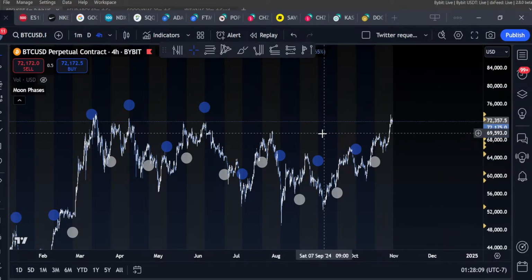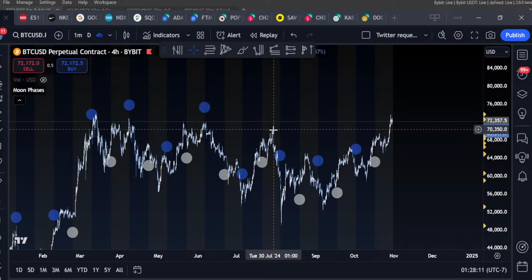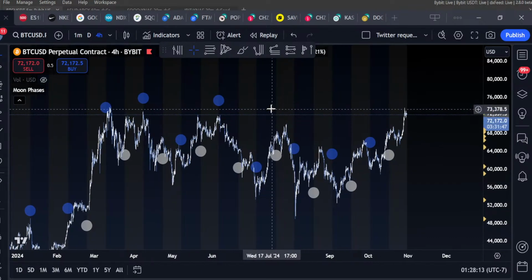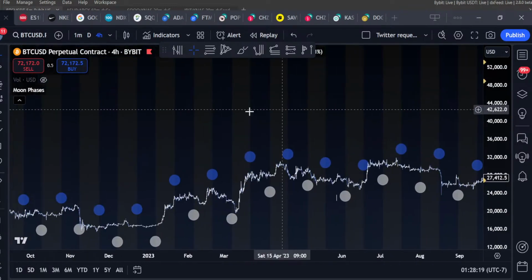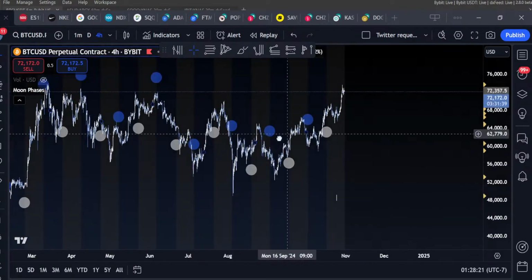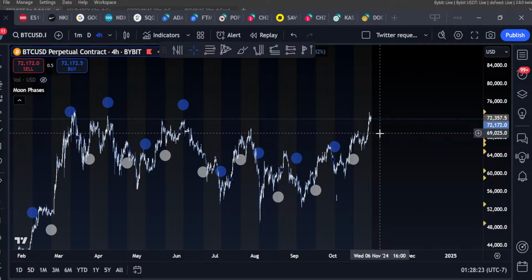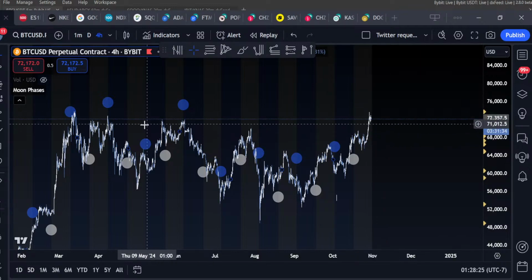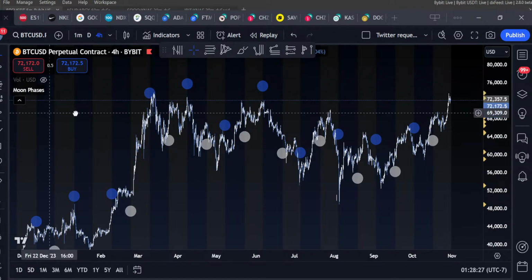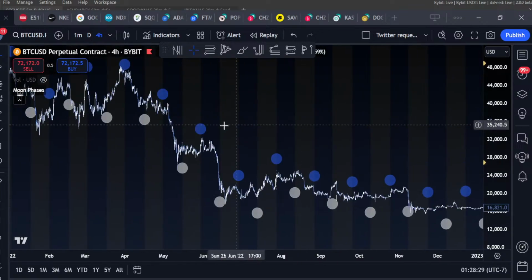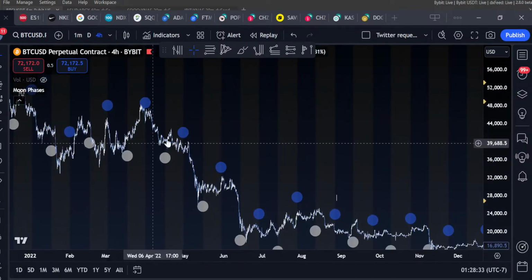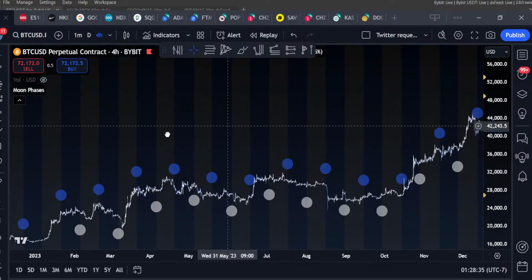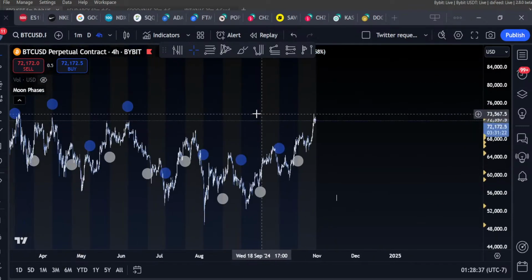You come up with a thesis, and then you backtest it and you forward test it. And at any point you could say, just because moon cycles have worked in the past doesn't mean they're going to work in the future. I'm going to trade them until they stop working. But I know that even in the context of all of this, I'm going to run into, let's say, an 8 trade loss streak at maximum. That's what it's going to look like. So I need to at least get through one of those.